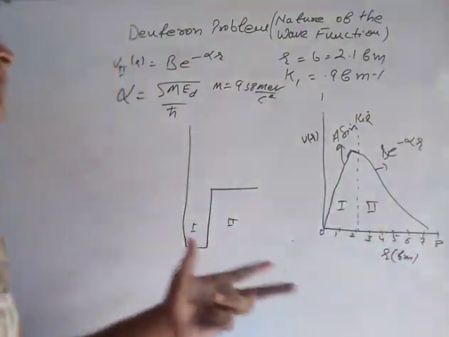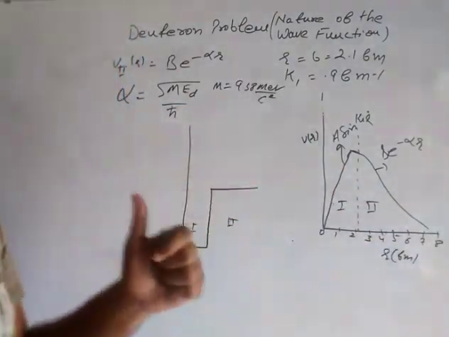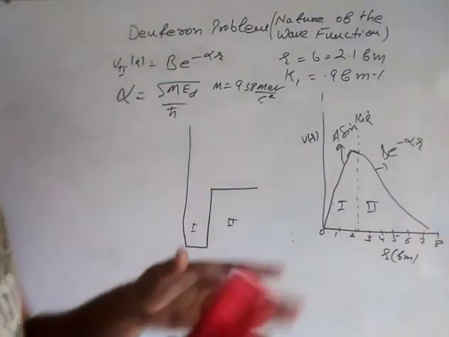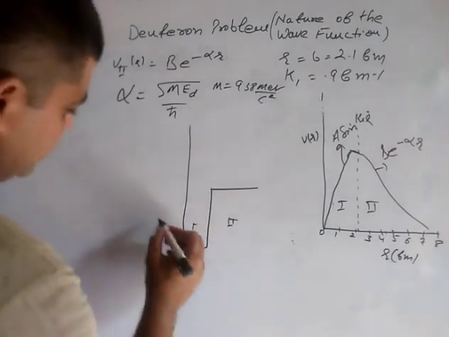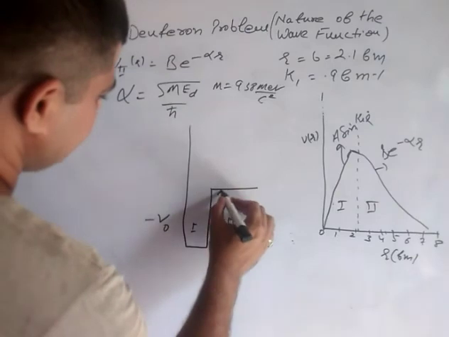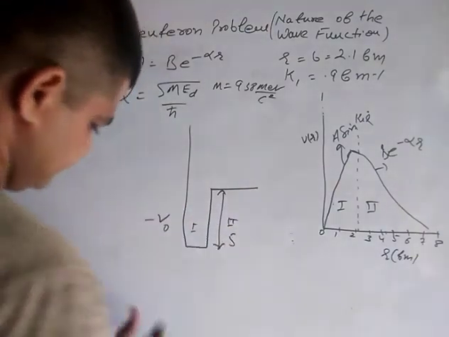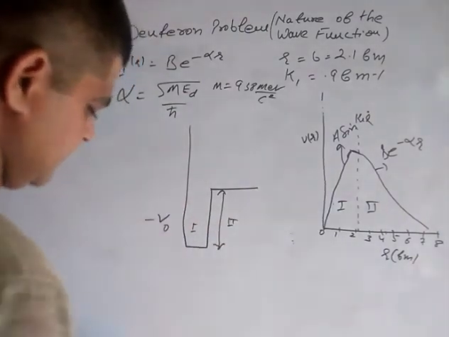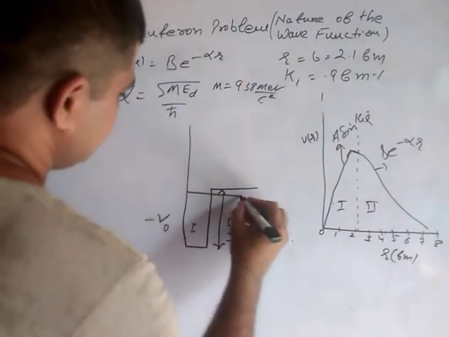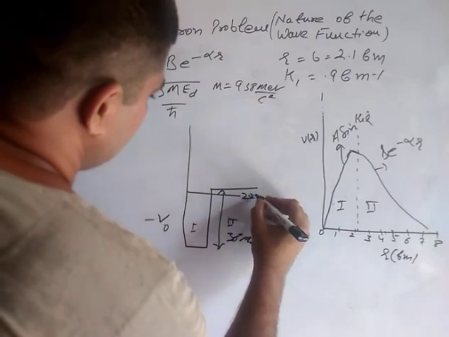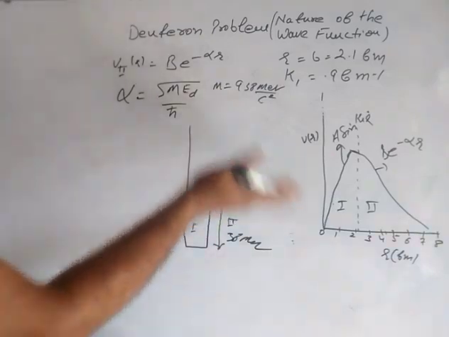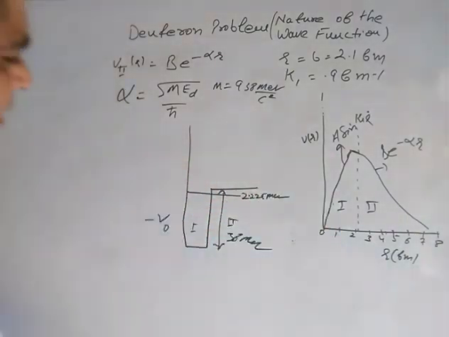If it is a very weakly bound system, there is no excited state for this system, because if you give it any energy, it will become unbound. That is also clear from the binding energy. The well depth, minus V naught, is approximately 38 mega electron volt, and the binding energy is about 2.225 mega electron volt. So if you give it any energy, the neutron and proton system will become unbound.